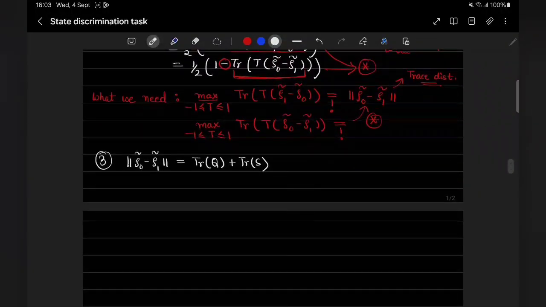So when I take this norm, I will do rho 0 tilde minus rho 1 tilde, square it and then take the square root and take the trace,